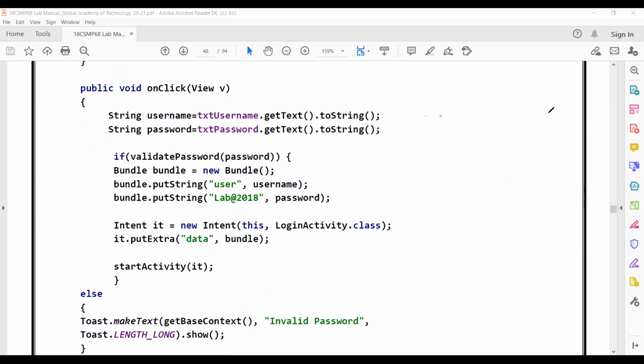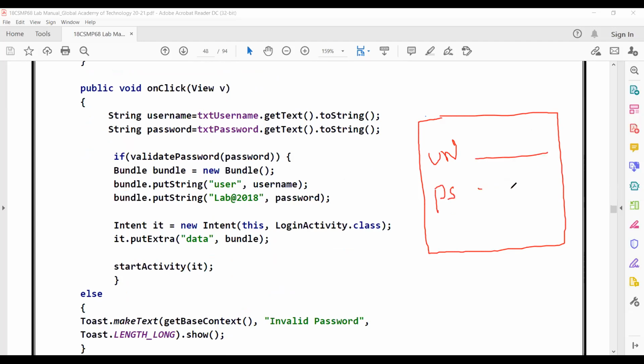Change activity. So this username, this password, this text. The user has entered username as Shyam. He entered password, let us assume, as 123. Now the password which the user entered, what should I do?